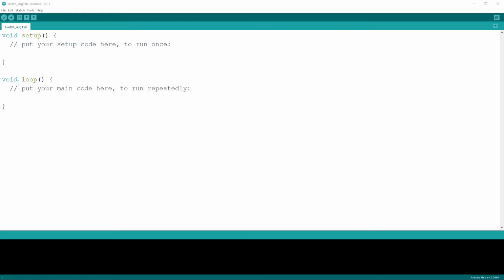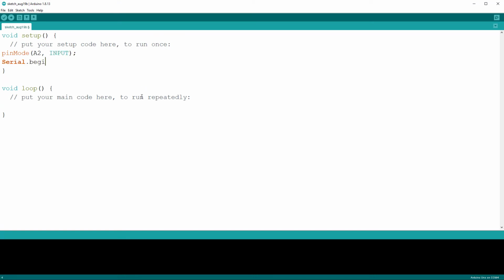So let's see how this looks within the Arduino IDE. In the void setup, I need to include the pinMode command as well as the Serial.begin command to open the serial port to be able to use the serial monitor. That serial port has a reading value, a baud rate, which is why we include 9600 in the command Serial.begin. Next task is to declare our value to store the readings from the analog pin. So int value equals analogRead of A2, and then to be able to print those to the serial monitor for us to see, we just take that value and plug it into the parentheses on the Serial.println